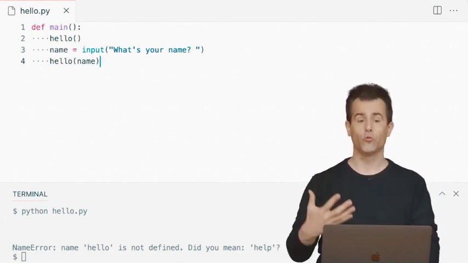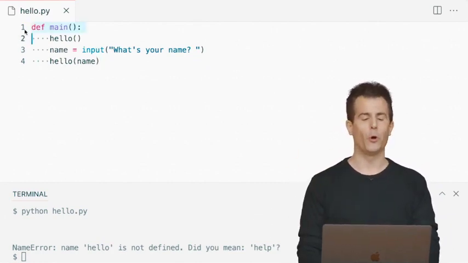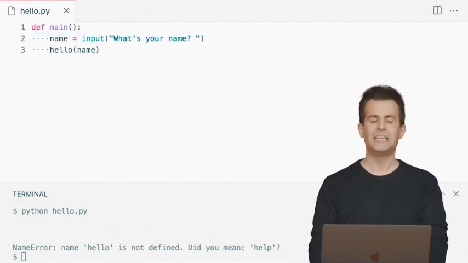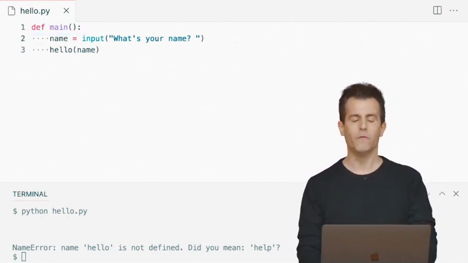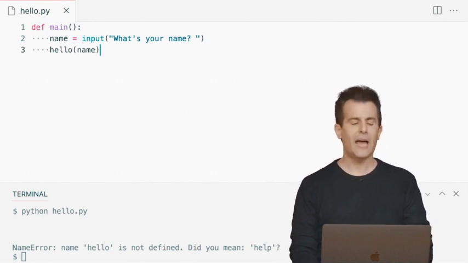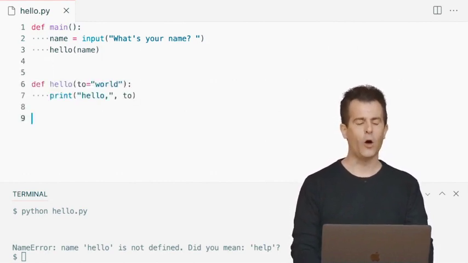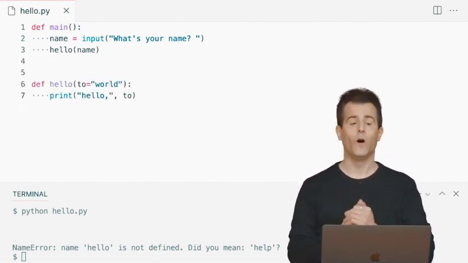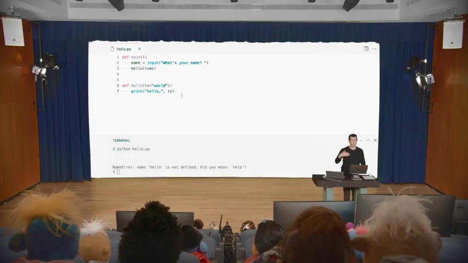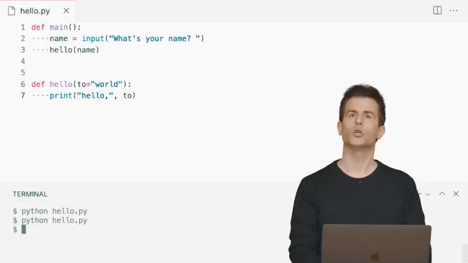And this just connotes to the reader that this is the main part of my program. I'm going to get rid of my empty hello call now and only pass in one version with hello name. And then down here, a couple lines further down, I'll actually define my hello function. Unfortunately, now that I've reordered the functions in this way, by putting the main part of my code at the top and hello at the bottom so that my logic flows top to bottom, if I go ahead and run python hello.py, enter, nothing whatsoever happens. If I do it again, nothing whatsoever happens.